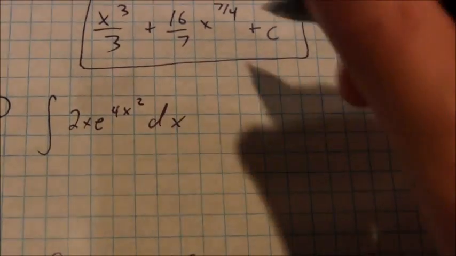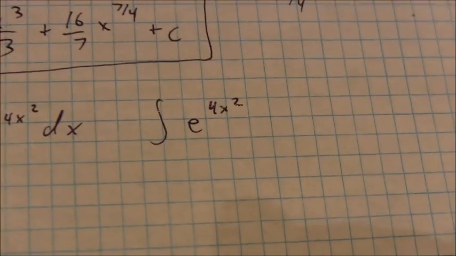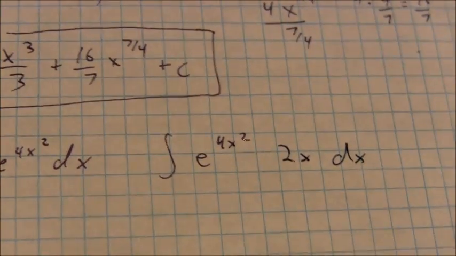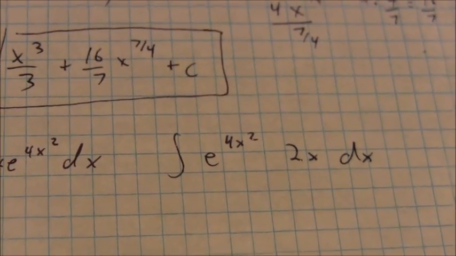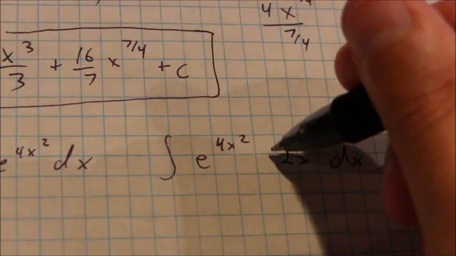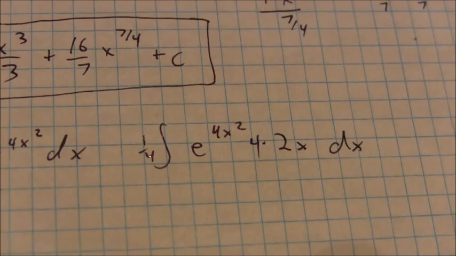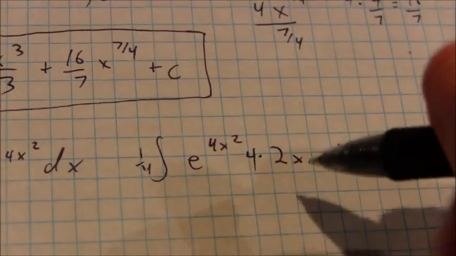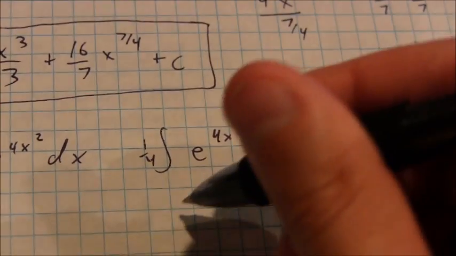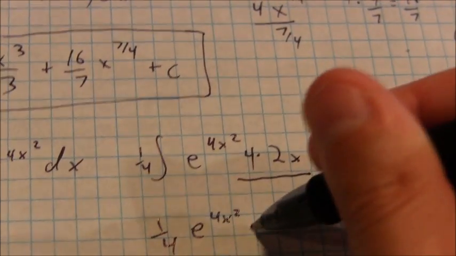So I'm going to rewrite this as e to the 4x squared. Remember, I need the derivative of the inside function to be 8x. So I've got my 2x there, and of course my dx that's going to get pulled back into the equation when I take my integral. But I need a derivative of an inside function of 8x, so I'm going to need a 4 here. I'm going to need to balance that by multiplying the equation by 1/4. Okay, so what does that end up doing? That's the derivative of the inside function. That and the dx get pulled back into the function, and I actually end up with 1/4 e to the 4x squared power,